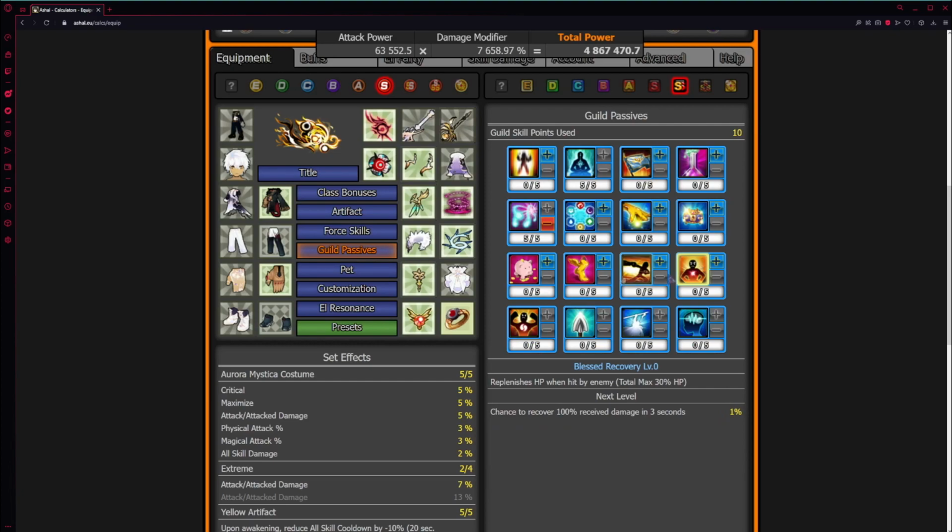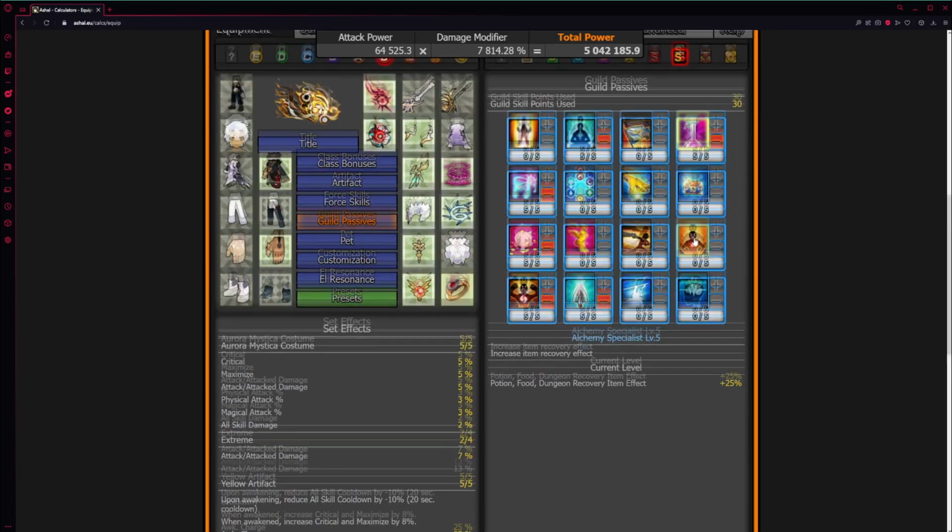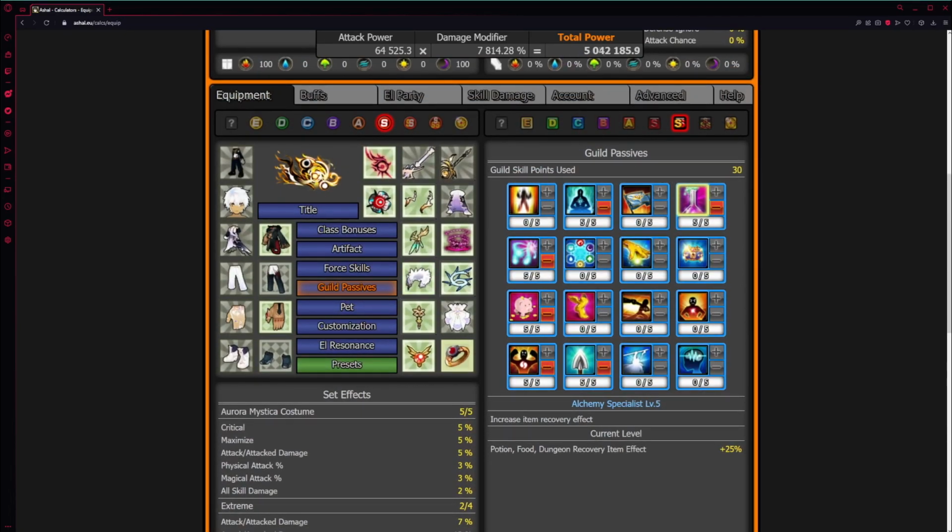This one for Frugal Spirit, and then we have Powerful Physique, and Hunter's Instinct, and then I believe we have some other random effect. I don't remember which one it is, but it's one of these. We'll just go with this. This sounds about right. Because I'm in a level 25 guild that always has the Gnosis Blessing running. So this will also contribute to your power slightly. I mean, you can see if I take it away, you can see the power change. So you can make sure that your power is getting adjusted accordingly.